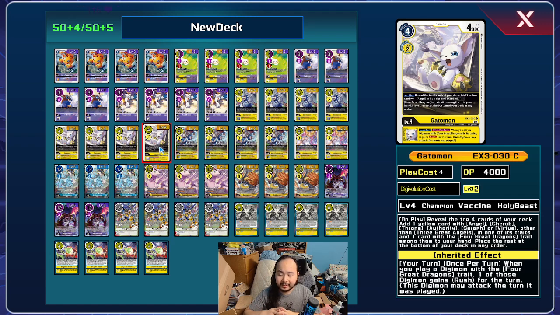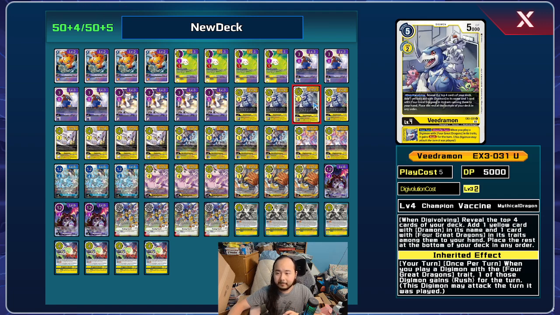They have this ESS effect. Your turn, once a turn, when you play a Digimon with the 4 Great Dragons trait, one of those Digimon gains Rush for the turn. So honestly, this deck would be a lot better. I would not even run the level 4s, possibly not even run the level 5s, if I had a yellow tamer that just gave my 4 Great Dragons Rush. However, this is currently the only method to give my 4 Great Dragons Rush, so I am playing 4 Vidramons